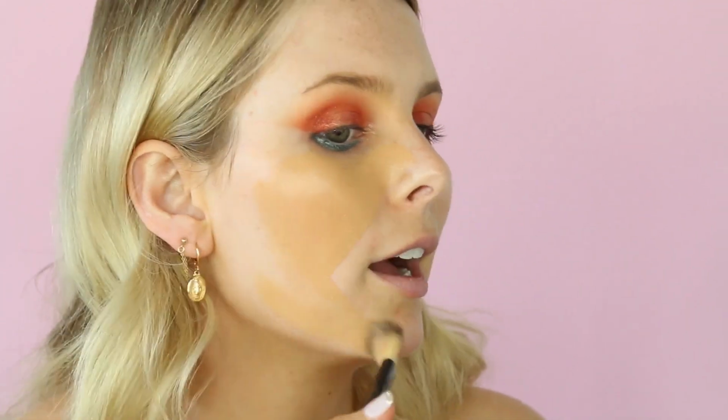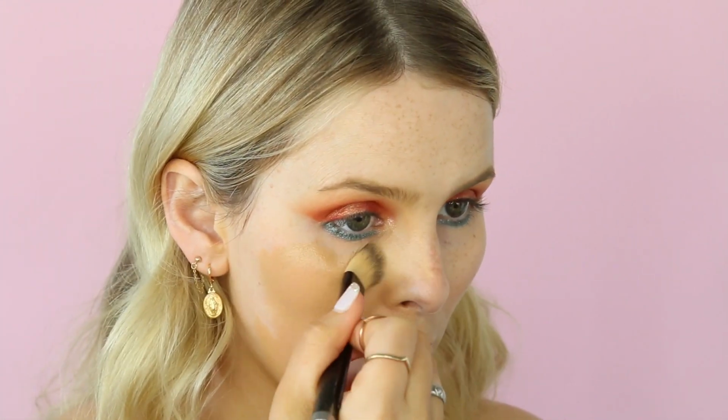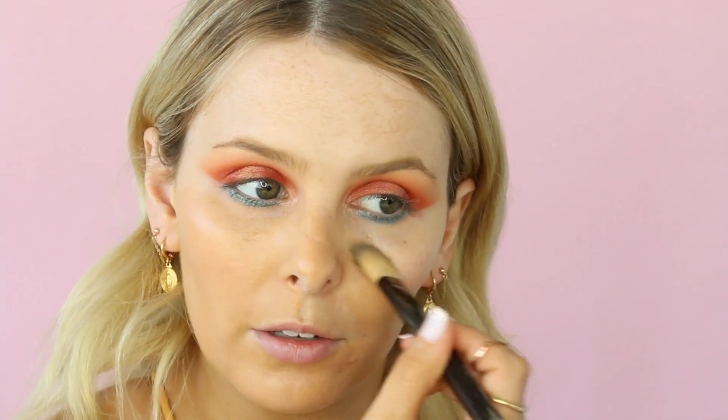Damn, it's literally like... You know what? I'm gonna continue using it, but in the ideal world, I would want this a shade or two lighter. Probably 2 shades lighter. Well, maybe 1 shade. I kind of don't like the smell of this, which is weird. I feel like I don't often notice the smell of products, but this one I have noticed and I don't